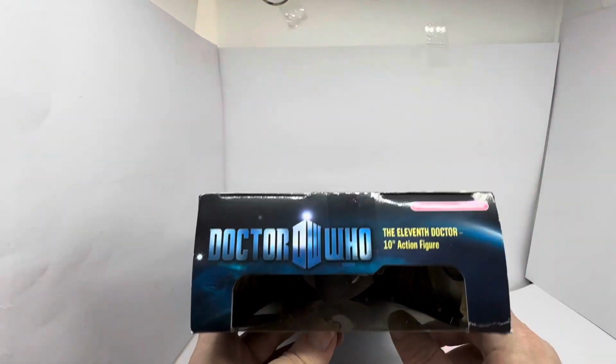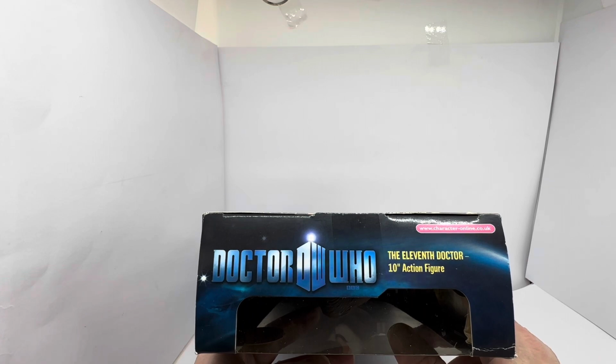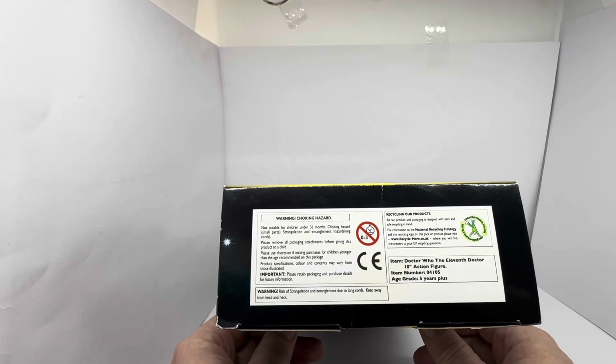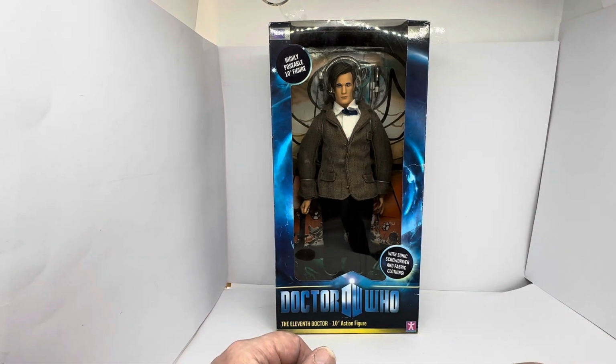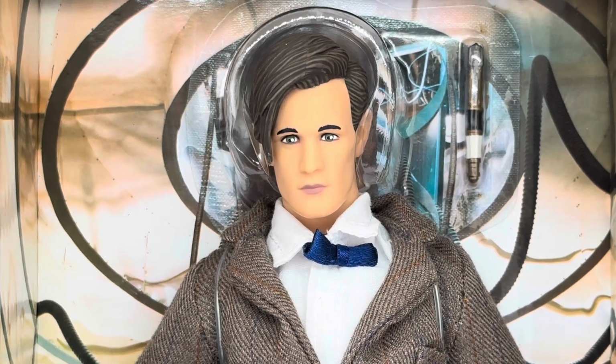If I turn the box to the top, Doctor Who, the 11th Doctor 10-inch action figure and www.characteronline.co.uk. And on the bottom is just all the warning and copyright information. Okay, so that's the box. What I think I'm going to do now, I know I'm not going to be able to remove him from the card, but let's try and open the box and take him out and see if we can see him better without the box. Okay, so I have removed the inner packaging from the box, and like I say,